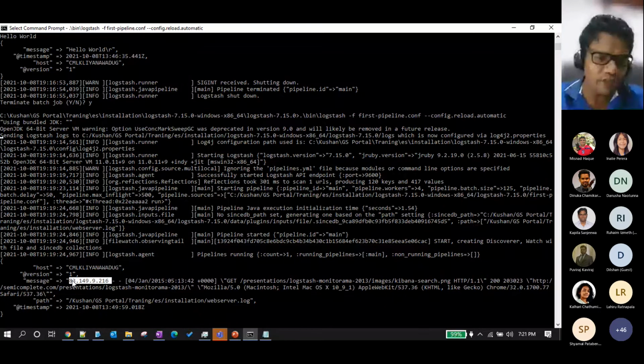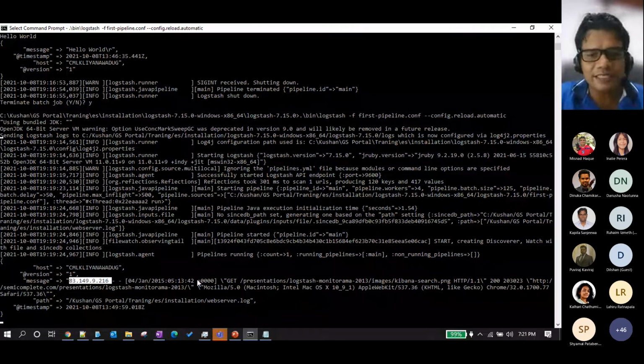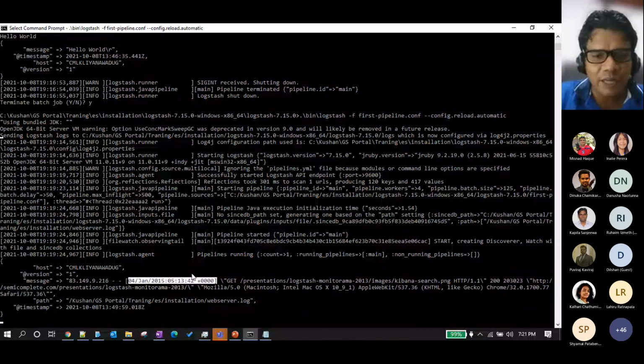The unstructured log will be structured, in the sense that it will break these log snippets into chunks and create key-value pairs. It will get this particular value as the client IP, this value as a timestamp, and this as an HTTP method.